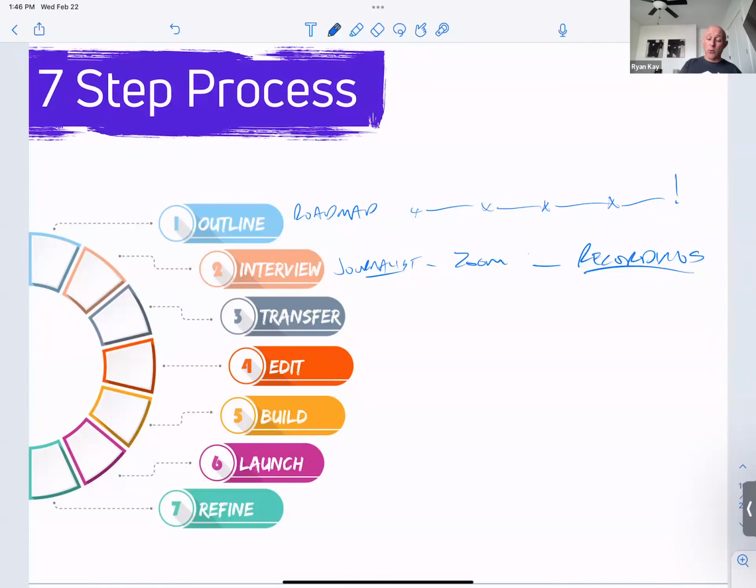The next part is we're going to transfer. This normally means we're going to take video, turn it into audio, and then transcribe it so that we get it into text. The reason why this is so important is because people learn in different ways, and you need a mix of video, audio, and text. Number one. Number two, once you get it into text, it becomes easier to use parts of it and chunk it up,